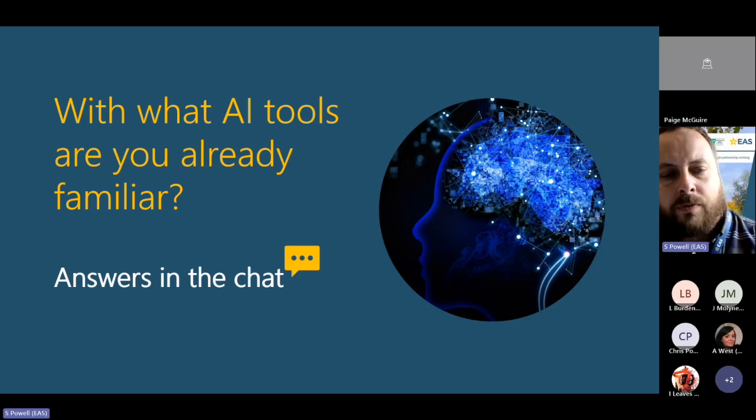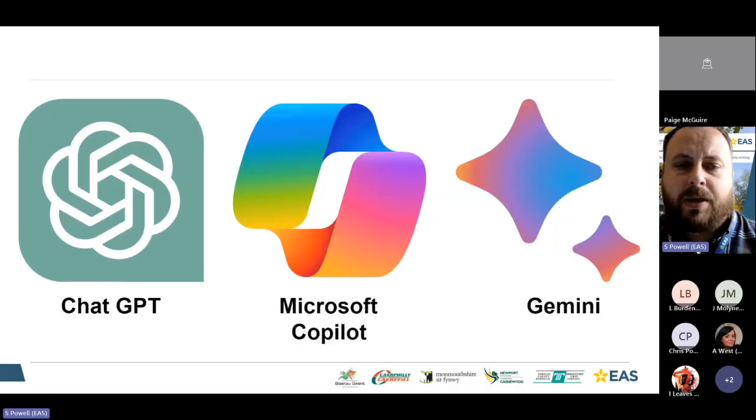Yeah, fantastic. Thank you, everyone. I think the three big hitters that most people have heard of are ChatGPT, Microsoft Copilot. So those of you who've got a Windows device, you might see that little Copilot logo in the bottom right-hand corner of your screen with a yellow banner and the word preview written on it. So that is a GPT built into your device that you'll be able to use. And also then Google Gemini as well, which is out now and is actually a really, really powerful tool to be using.